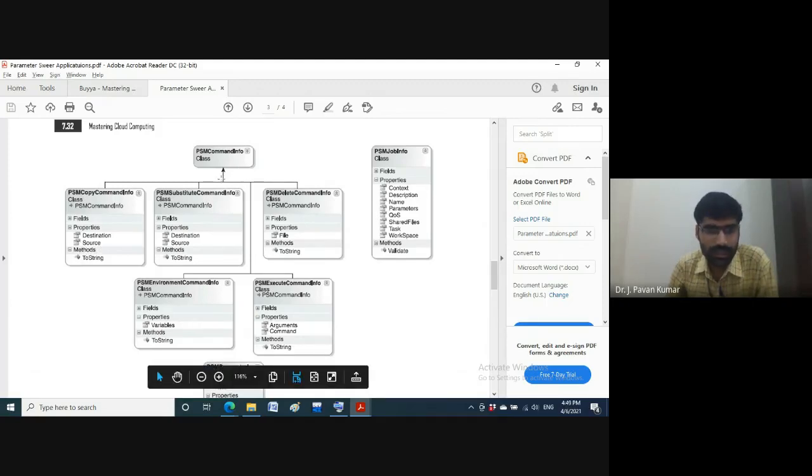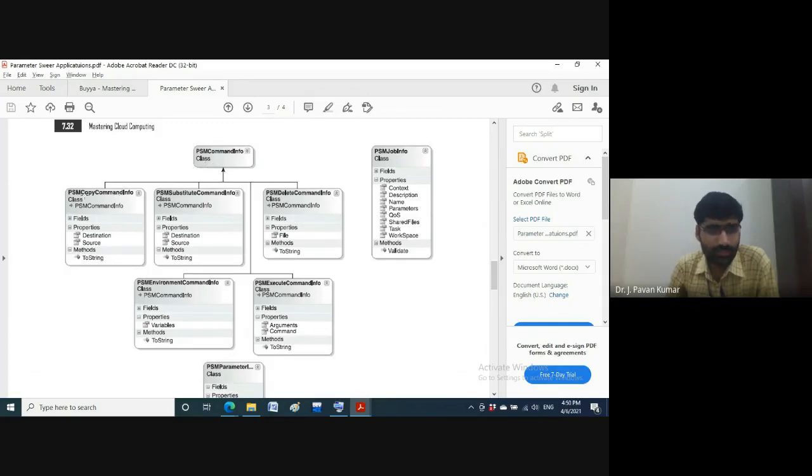Next, this arrow mark will denote this is the base class and these all are derived classes. How many derived classes do we have for this PSM command info? 1, 2, 3, 4, 5. Total 5 derived classes, subclasses, we have for this particular base class.